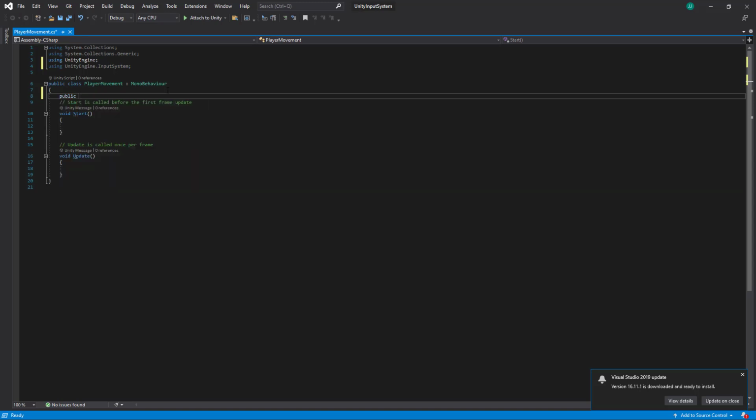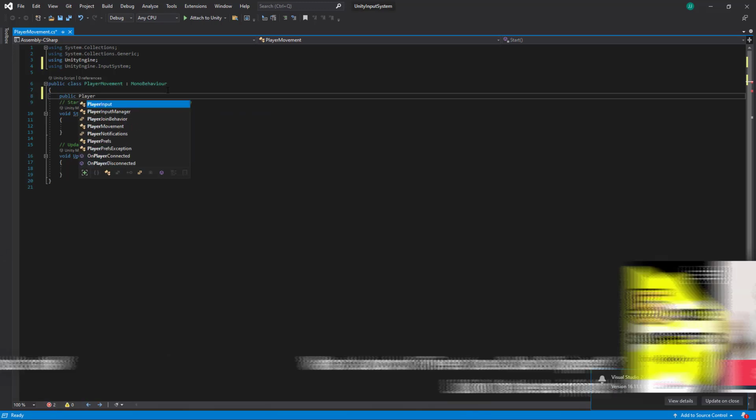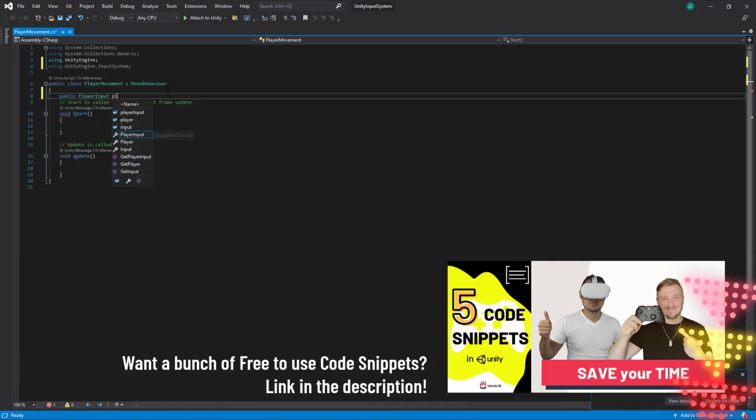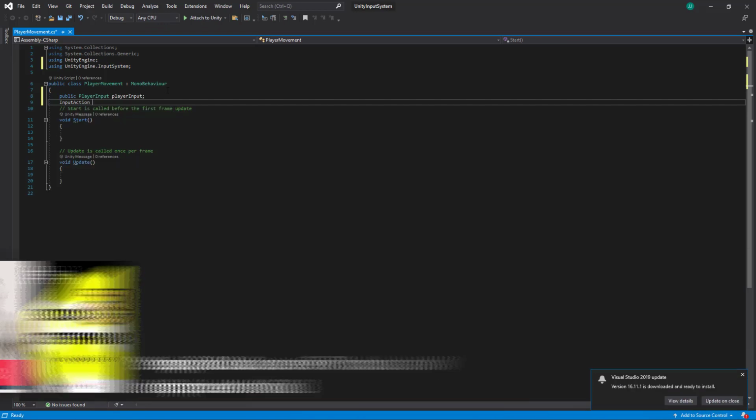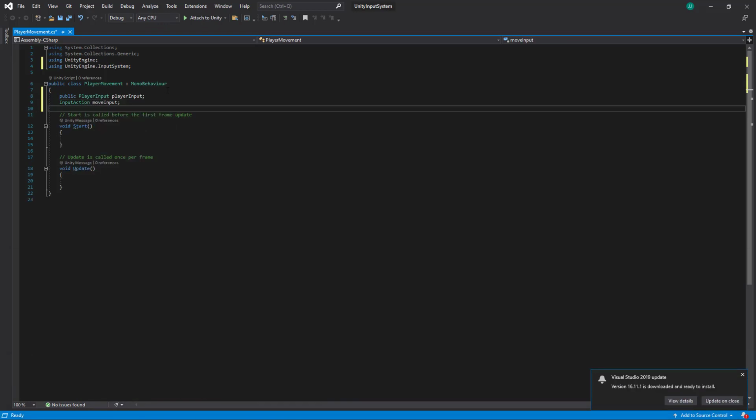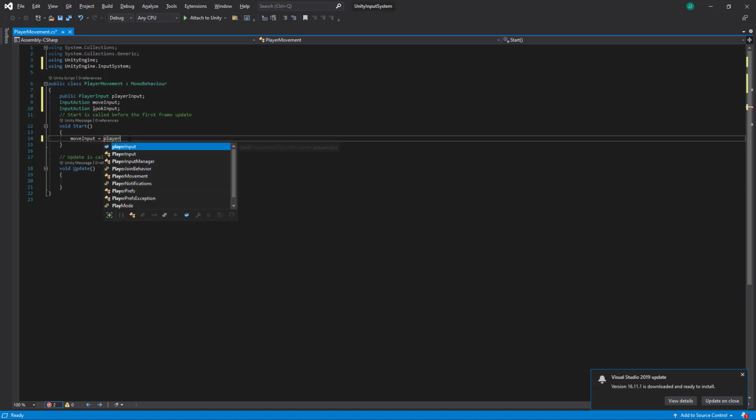So public PlayerInput, and call it playerInput as well. Now to get the two actions we created earlier, we'll need InputAction moveInput and InputAction lookInput. Okay, there we go. Now to set them, in the Start method we'll need to set moveInput to